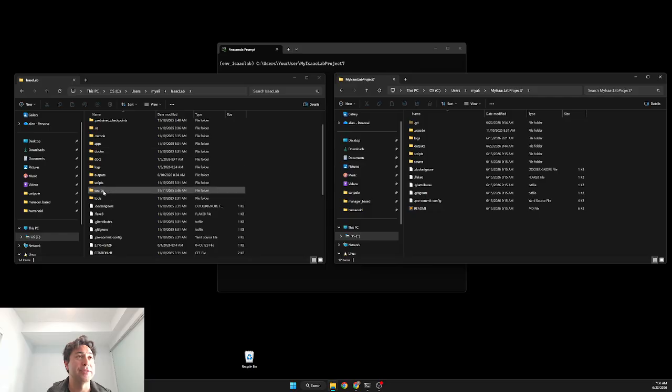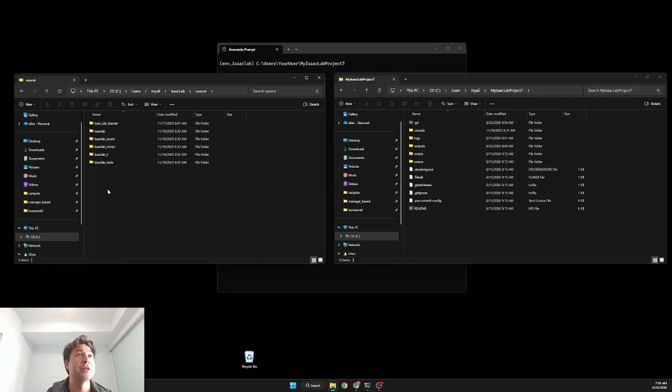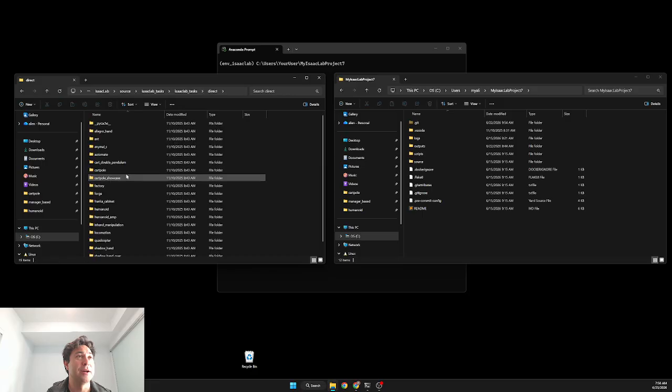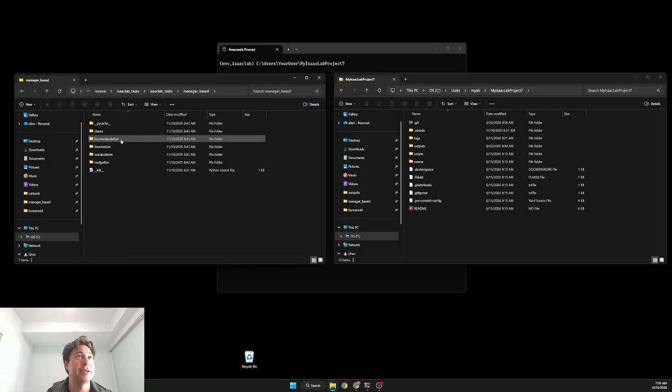They're here inside the source folder. If you go IsaacLab tasks, you have both manager-based or direct types of tasks. I'm just going to go for the manager-based, classic, and I want to copy this humanoid task into my project,